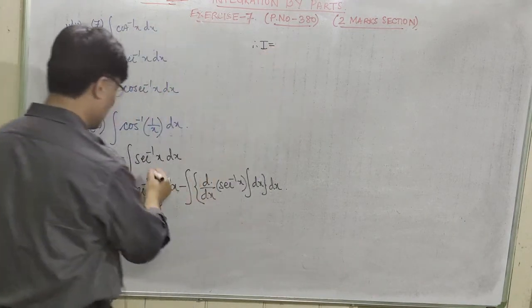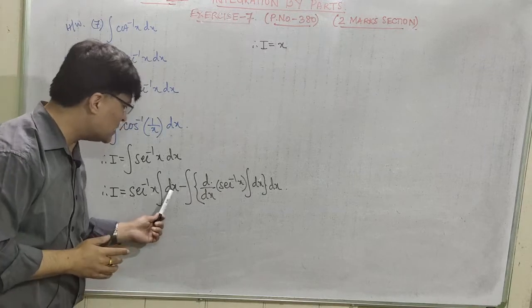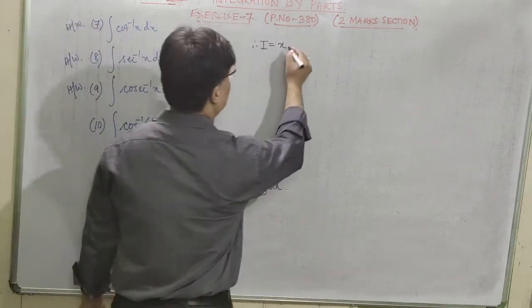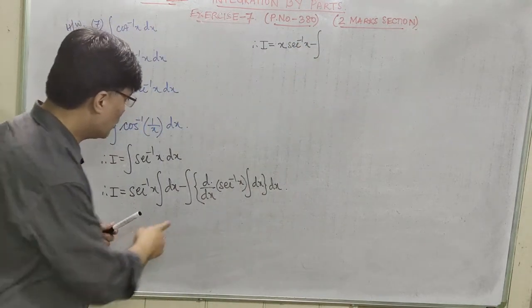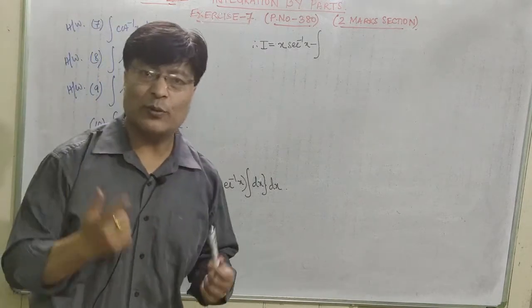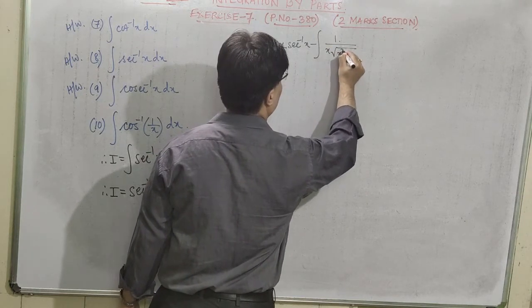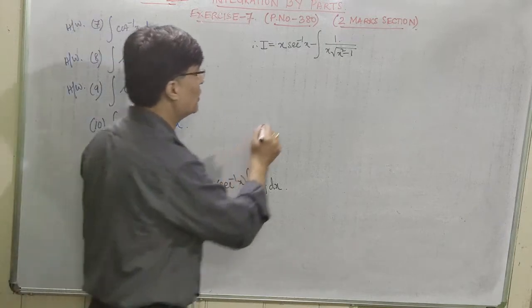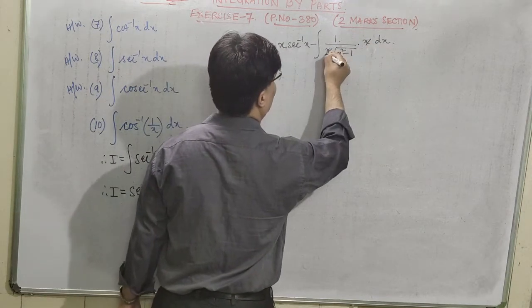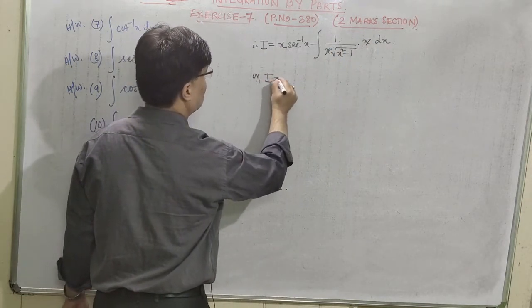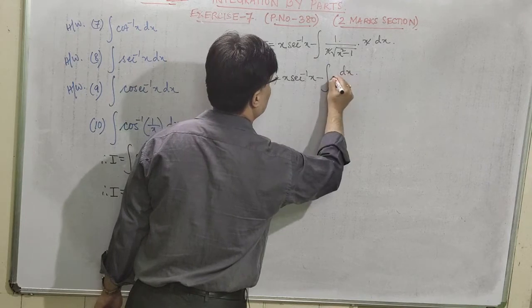Therefore I is equal to, what is integral sign dx? That is your x. Let us first integrate. Now sec inverse x is kept as it is. That is your x sec inverse x minus integral sign. What is d by dx of sec inverse x? You should know it. What is the differentiation of sec inverse x? It is 1 upon x root over x square minus 1. Okay? Into, what is integral sign dx? That is your x dx. So here you can cancel this x. So I is equal to x sec inverse x minus integral sign dx divided by